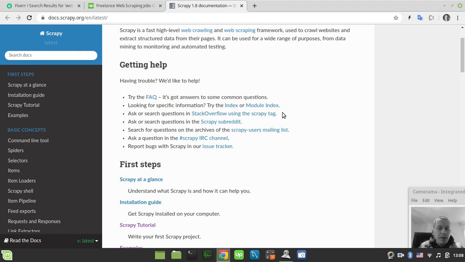Also, you can handle download delays between requests. Scrapy also provides automatic random changing of the delay between requests in order to trick the target server you're scraping data from, so that it would think it's a user, not a scraper.